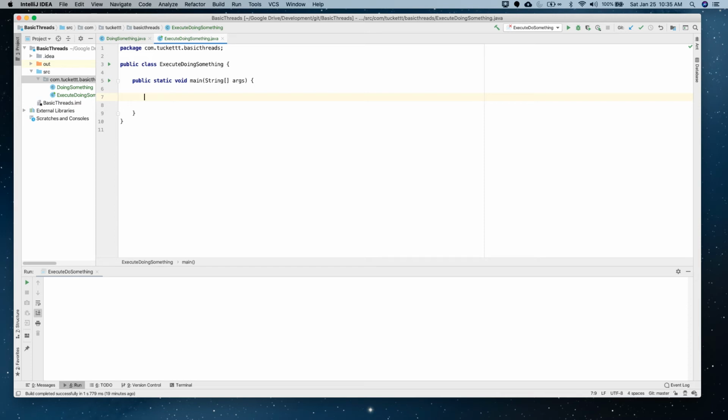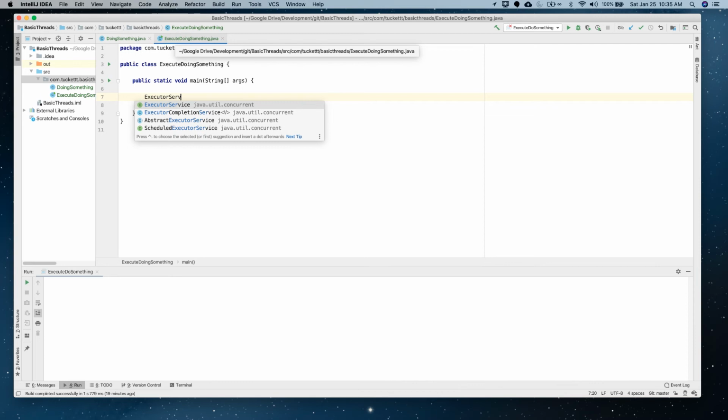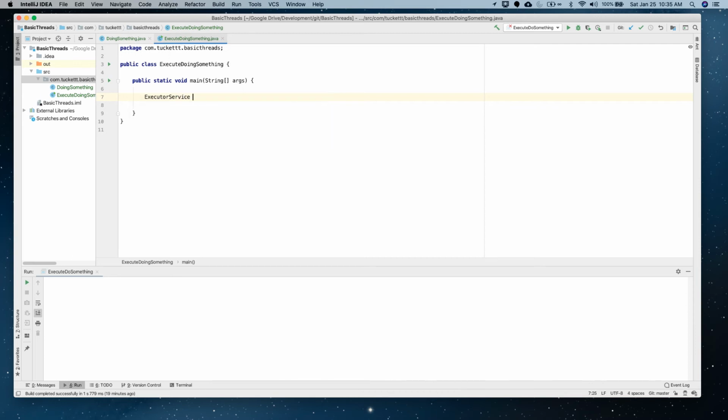And we're going to use a thread pool. We'll use a fixed thread pool, which means we can specify how many threads it'll use. But it will actually queue up more threads than what it has, or more processes than what it has. So let me show you how to do that. We're going to start with an executor service. I'll call it my service. And equals,